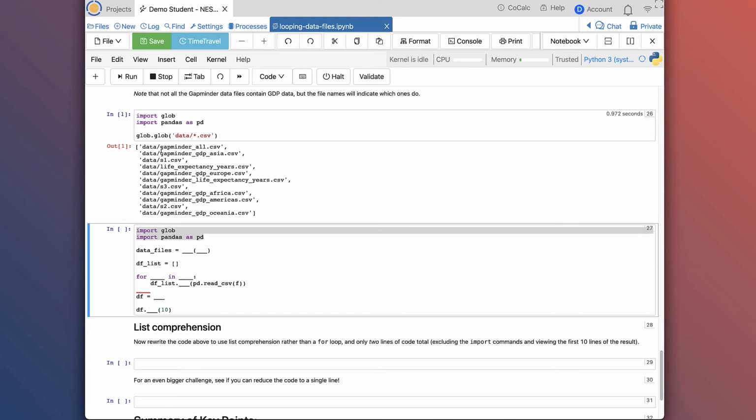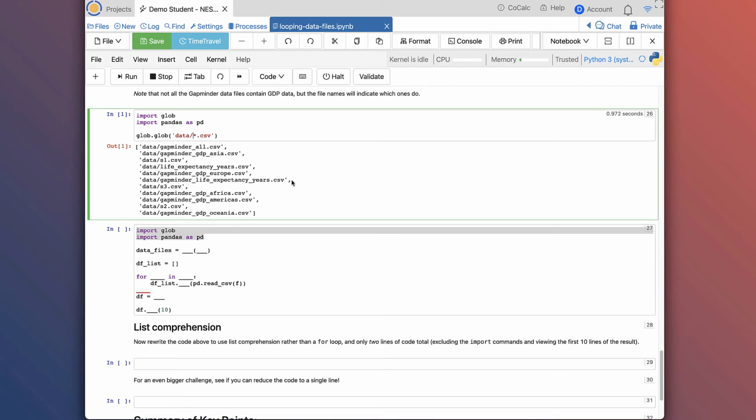So we have gapminder_all, gapminder_gdp, and so on, life expectancy years, gapminder_gdp, gapminder_life_expectancy. So you can see some of the files say gapminder and GDP and in CSV, but then there's some other ones that don't. So what we want to do is build something that selects only the ones that are gapminder_gdp